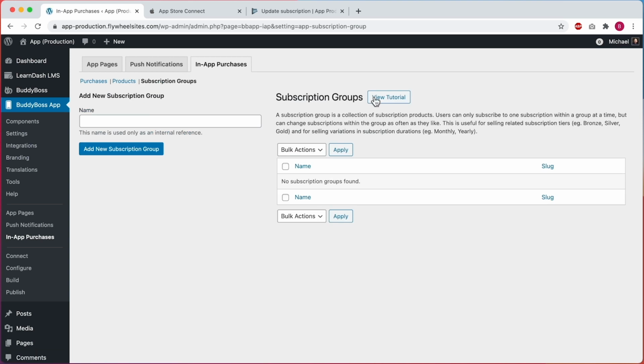Note that we have this View Tutorial button that you can click to read more about subscription groups in a lot more detail. As a reminder, subscription groups force it so that users can only subscribe to one subscription product within a group at a time, but can change subscriptions within the group as often as they like. The important thing to note about subscription groups is that Apple requires that all auto-renewable subscription products be part of